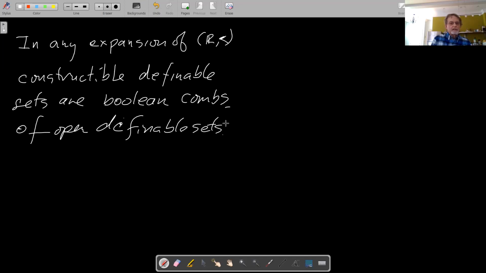Right, so this is a nice little thing to have handy. If we unpack this, what we're really saying is that definable Boolean combinations of open sets are Boolean combinations of open definable sets, of definable open sets. So you get to move the definable around. This actually does take a little bit of thought, and there's an interesting story behind all of this stuff,